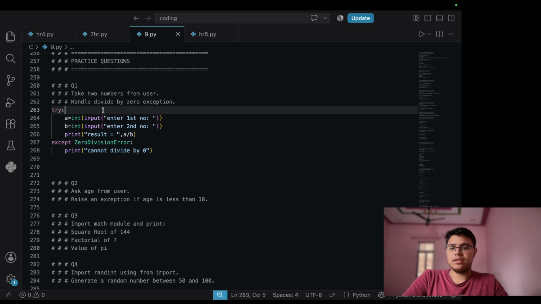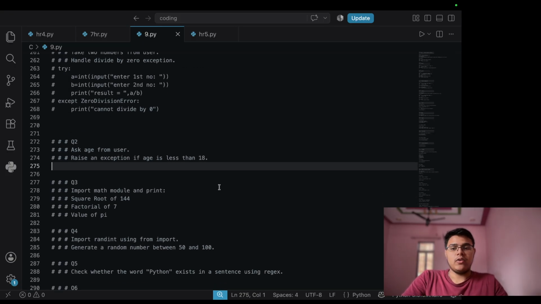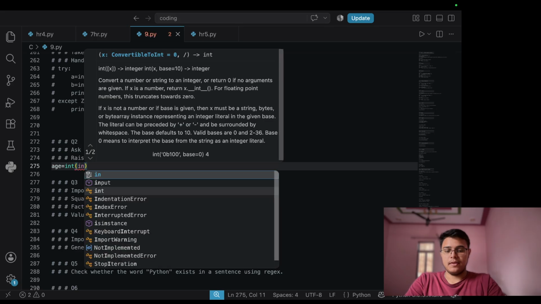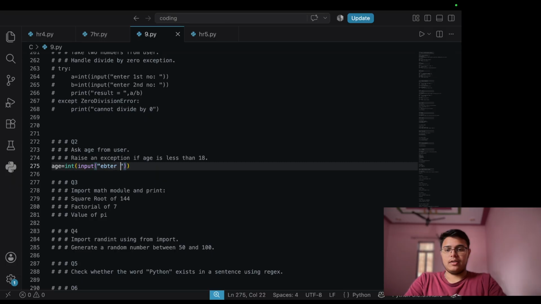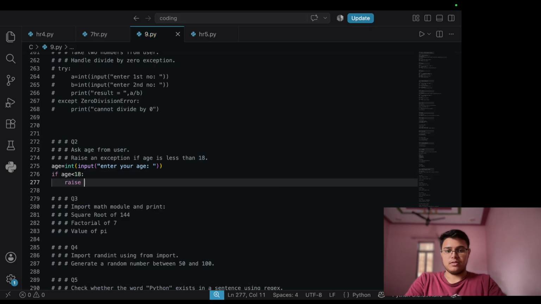Now another question is ask age from the user, raise an exception if age is less than 18. Okay, so we have to create our own exception. For that we'll use try again: age equals input, enter your age. If age is less than 18, then raise exception,